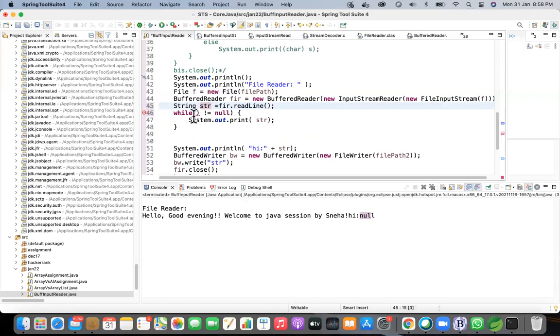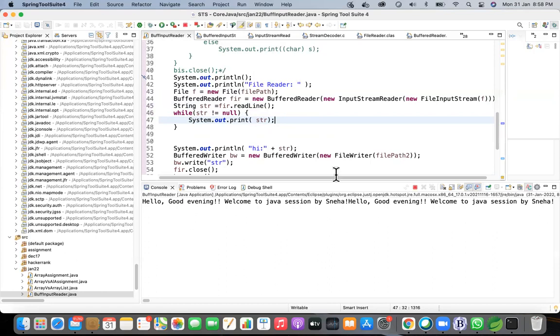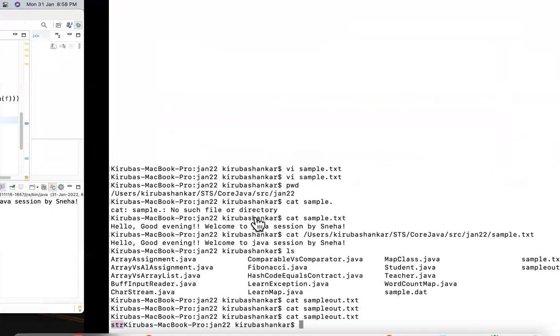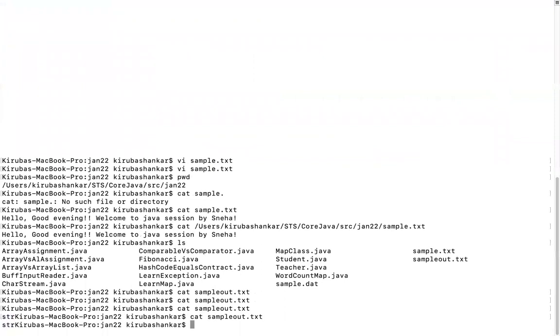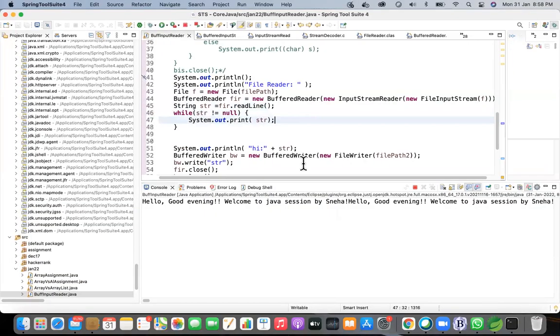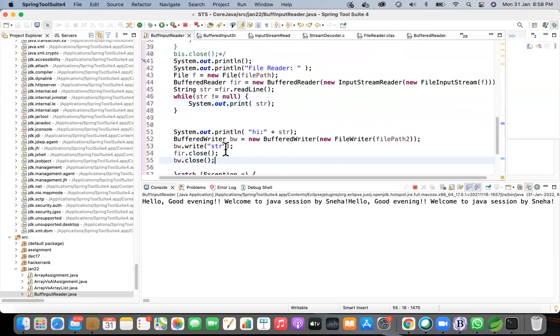Now just check for str not equal to null. Can you read it now? So what happened is you were assigning it in the while loop. That is the reason your data was not setting in the string. So now after that write function, you are testing. So even if we close, this should work fine, right? In this case, yeah, I think it should.